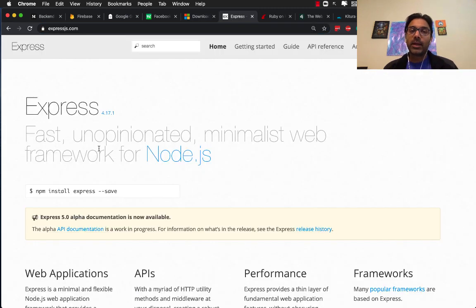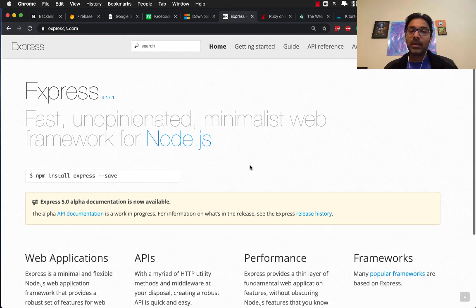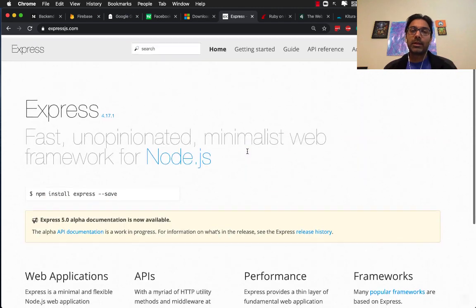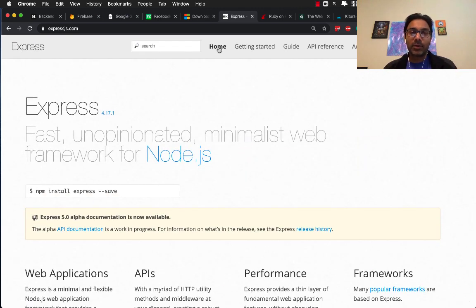I think the quickest way to start learning about server-side development, and the easiest one at least that I find, is Express, which is a JavaScript framework built on top of Node.js. Now, I know that the JavaScript language gets a bad rap. I personally don't really care that much about different languages. I mean, once I need to do something in a particular language, I'll just learn the language. If I need to create a BlackBerry application, I'll go ahead and learn Java and create BlackBerry applications. So I think this is the simplest one that I could find, and they have pretty good documentation also.